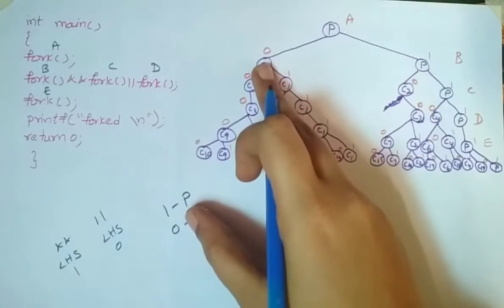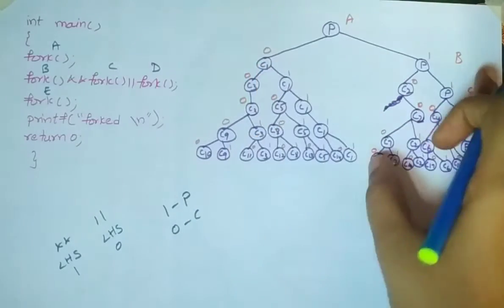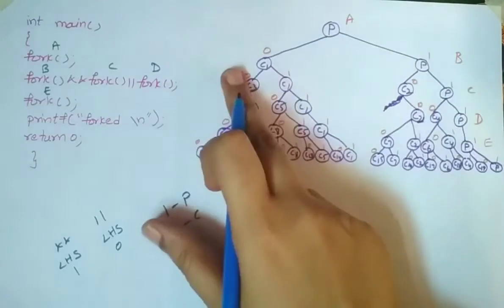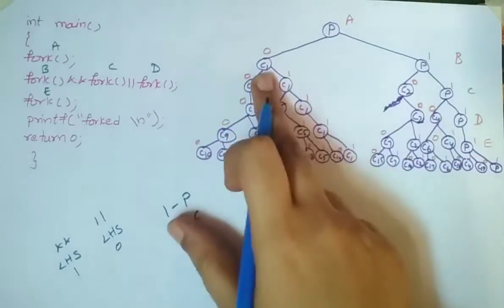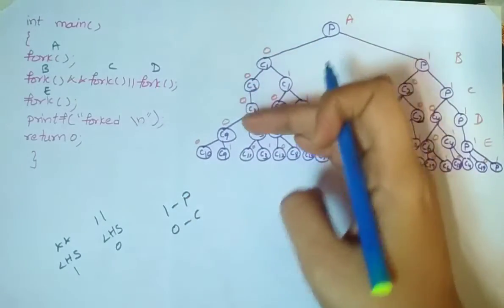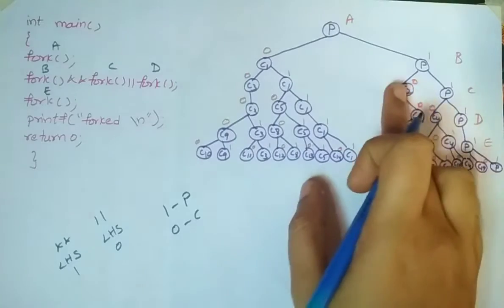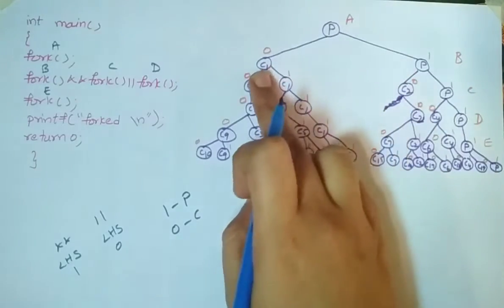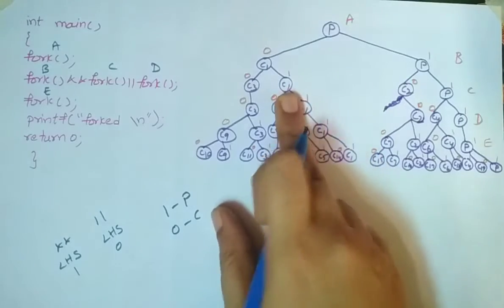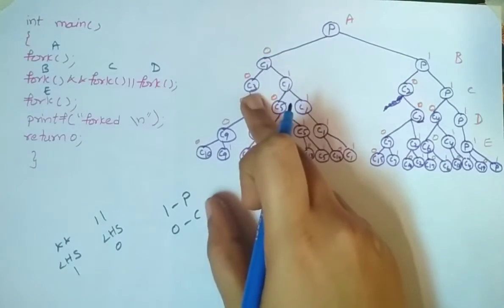Similarly for the C1, we are applying the fork operation, right? So here we are going to apply the fork operation for the level 1 processes. After calling the fork operation, they are concurrently going to execute here. Okay, next fork operation on C1. So it will give the parent process C1 and then child process C3.